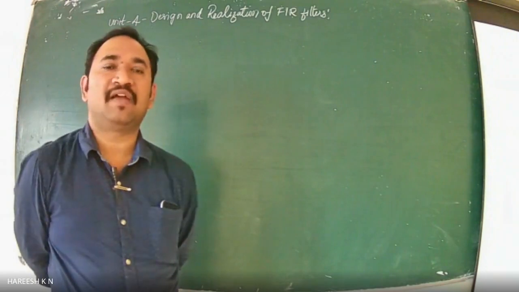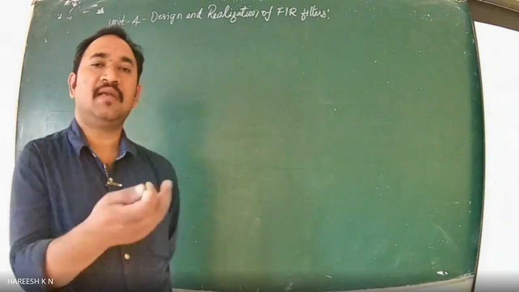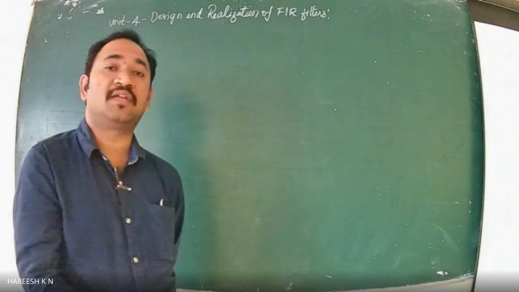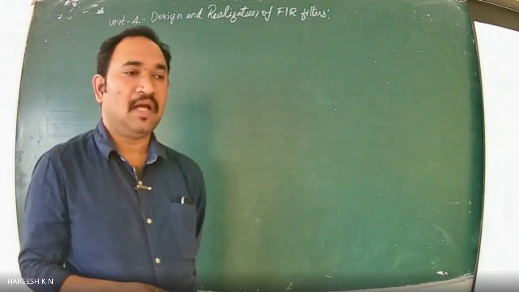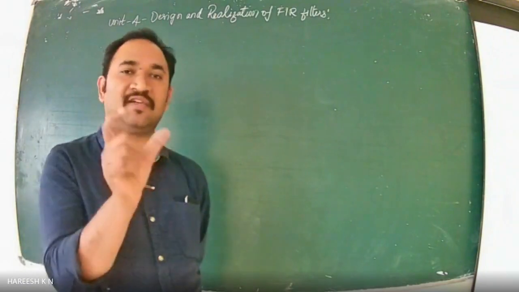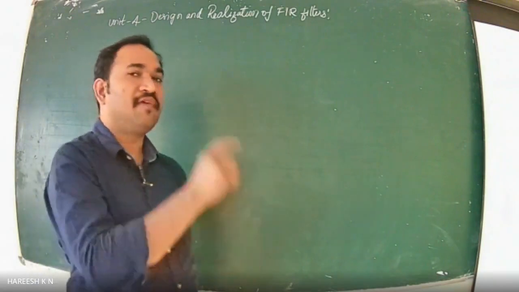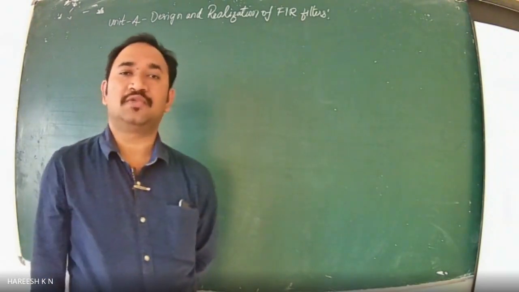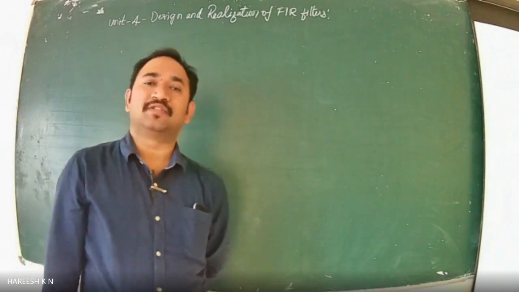Say for example, if I have h of n equal to e to the power of minus j omega n, that n can be of any length, starting from 0 to infinity or from minus infinity to plus infinity; we don't know what it is. It is of infinite duration. Now here in this particular filter, we can restrict that duration. Therefore, we can convert that infinite duration impulse response to a finite duration impulse response. That is why it is finite impulse response, finite duration impulse response filters.